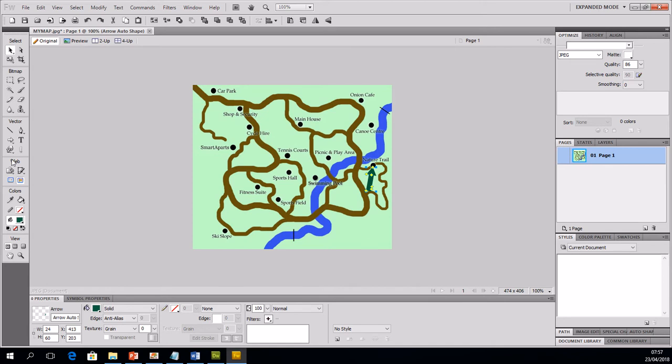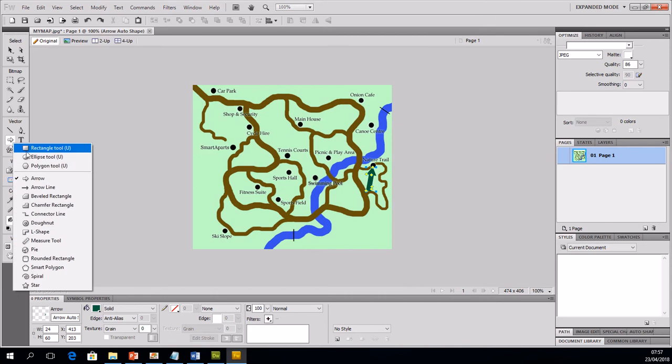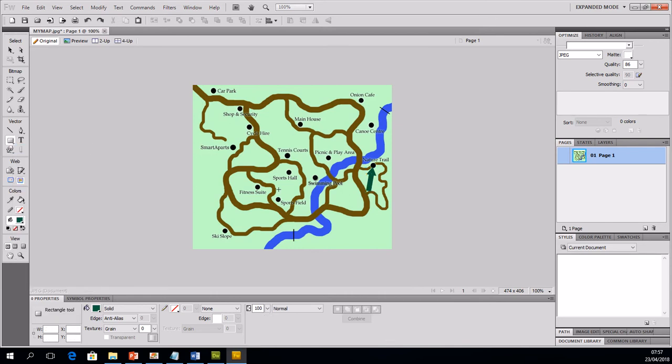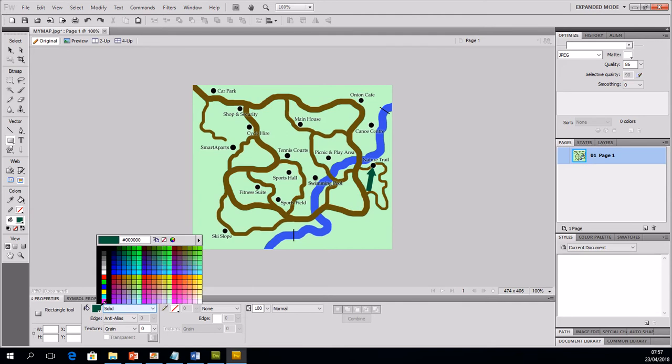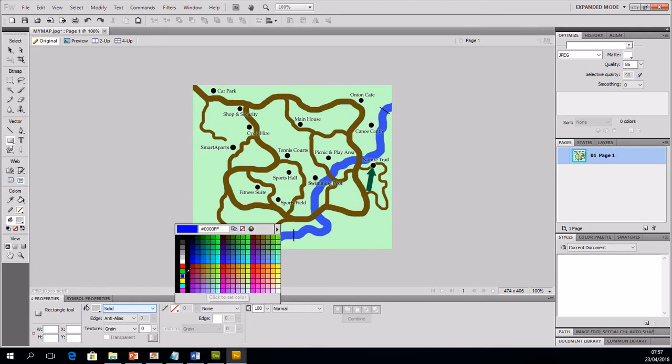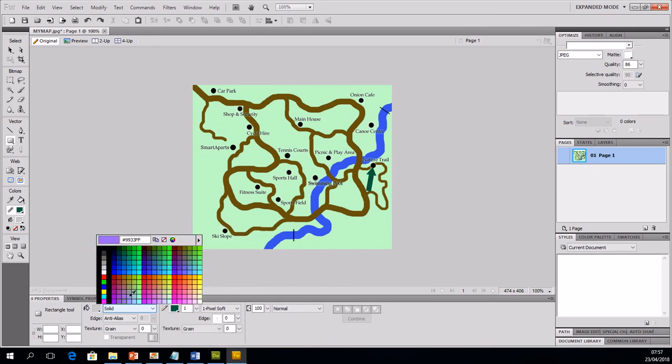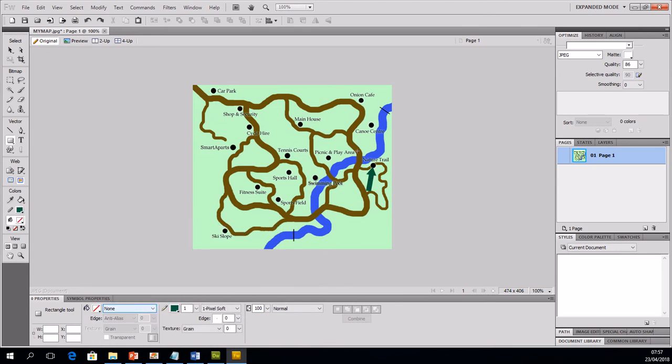I might want to put a little either square or circle, so if I change my arrow I'm going to put a little square here, and I'm going to have the outline of green and a no fill, and I'm just going to draw that around here. I might make that a little bit bigger, not too big, and then I might do that again for one other thing. So I'm just going to copy that square,